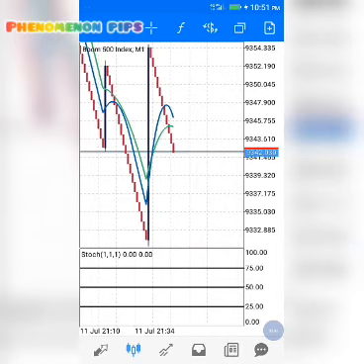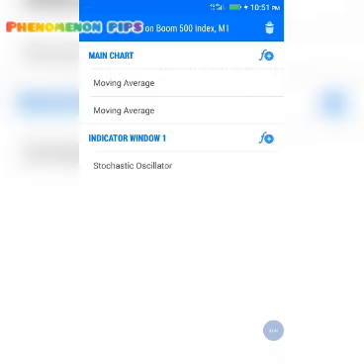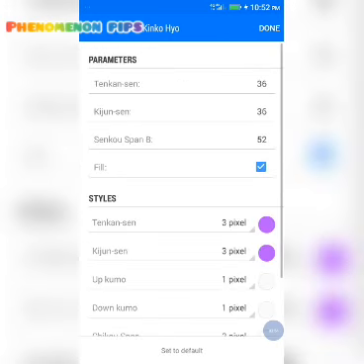Then we need to add our Ichimoku. Don't click on the main chart, please. Click on this fx on indicator window 1 to add your Ichimoku. Let me first delete all this.